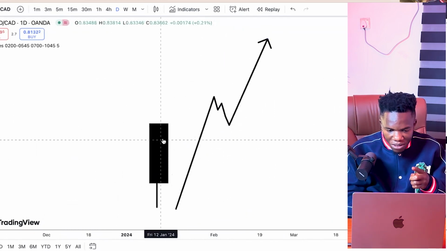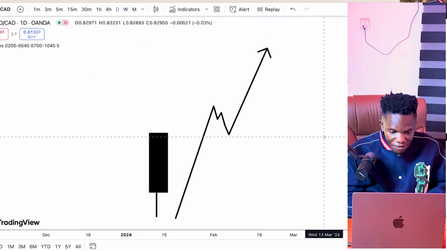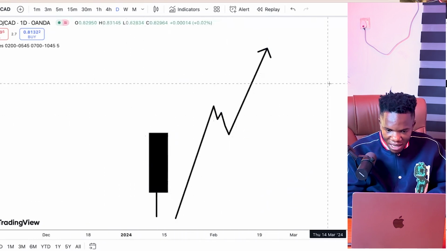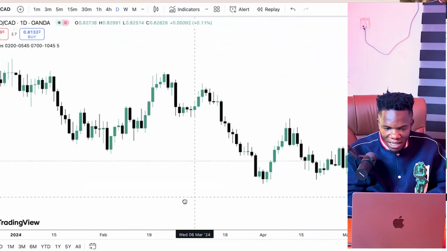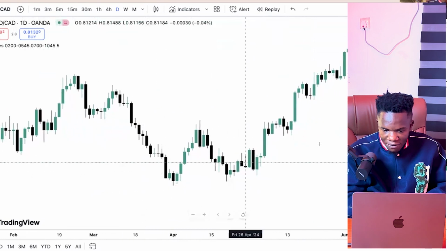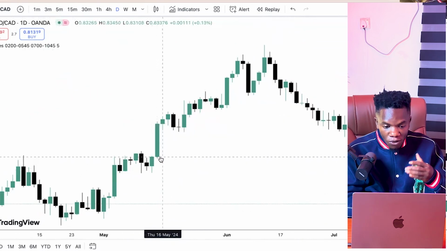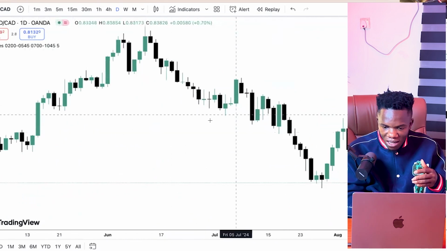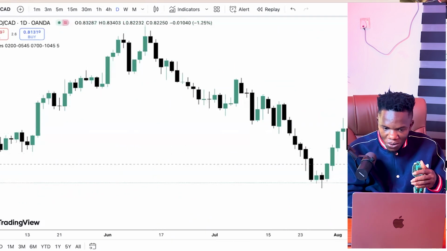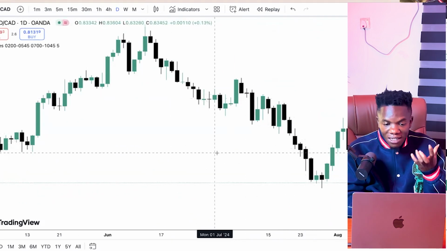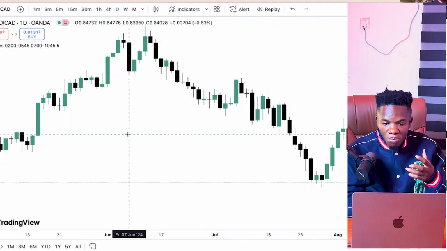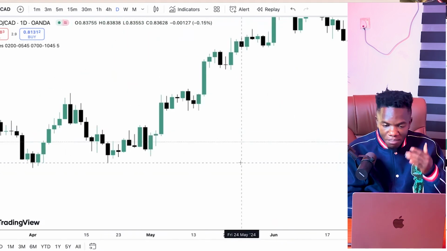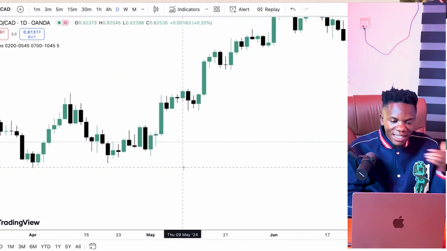Now I want to start from days like this. What we want to learn from here on days like this, because definitely you are going to have days like this in the market where the volatility is very high. Let's take a look at some examples on daily time frame. Example, at days like this, you see the volatility here is very high. Days like this for bullishness, for bearishness as well. You can see days like this, days like this, the volatility is very high. You can see them right here. People make so much money. But you need to know the right time to start engaging the market.